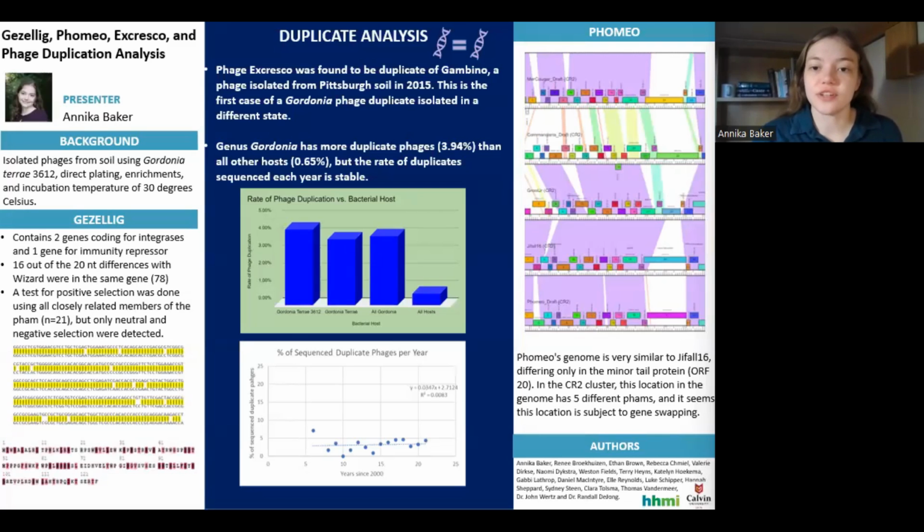Our class at Calvin University is excited to announce the isolation of 7 bacteriophages on the host bacteria Gordonia terrae 3612 in fall of 2021. 4 of these phages were selected for genome sequencing: Gezellig, Phomeo, Excresco, and Barbochs. We have completed our analysis of the genomes of Gezellig and Phomeo, and we plan to look at Barbochs later